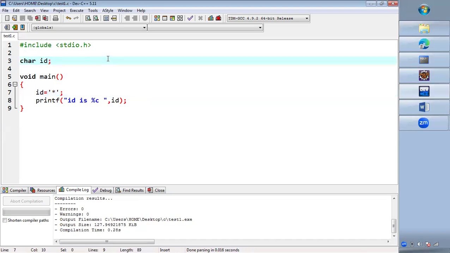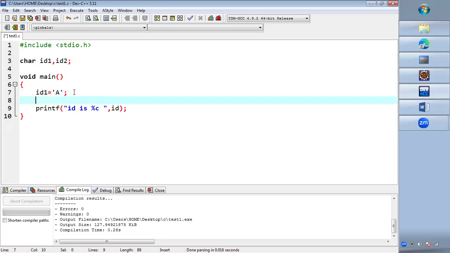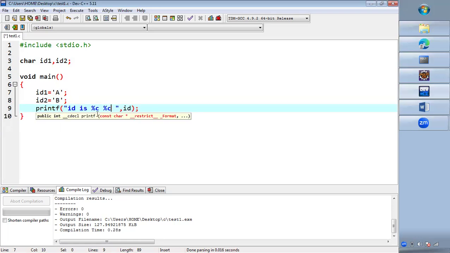Now, if you want to declare multiple variables, you can do it like this: char id1, id2. So multiple variables in the same statement I have declared. id1 I have given the value A, and id2 I'll be giving the value B. If you want to print multiple variables in the same line, id1 is this,